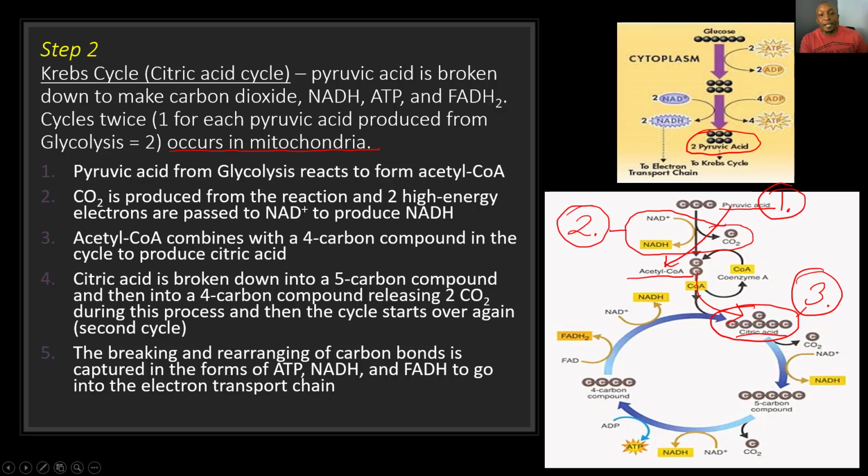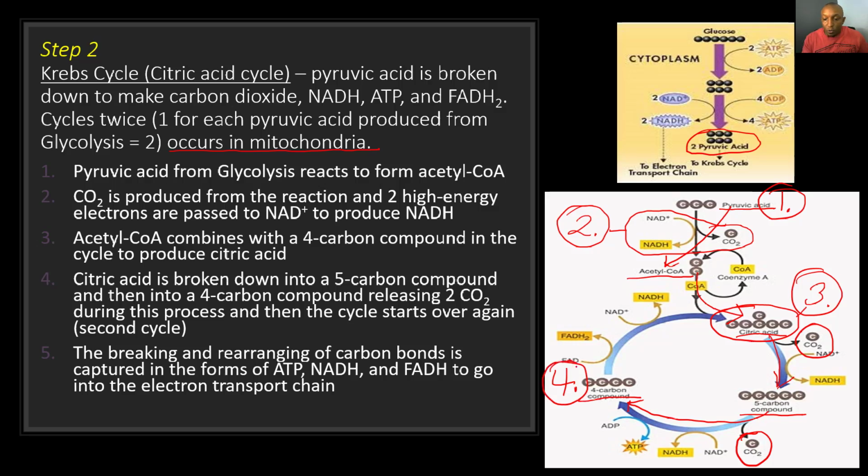Fourth step of the Krebs cycle, citric acid is broken down into a 5-carbon compound and then into a 4-carbon compound, releasing 2 carbon dioxide during this process, and then the cycle starts over again. So let's take a look at that. Here's that citric acid right here, and it's broken down into this 5-carbon compound right here, and then into this 4-carbon compound right here, and then it releases 2 carbon dioxide. So here's that first carbon dioxide followed by a second carbon dioxide, and this is what occurs in step 4